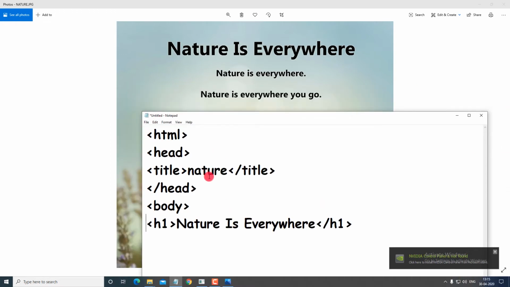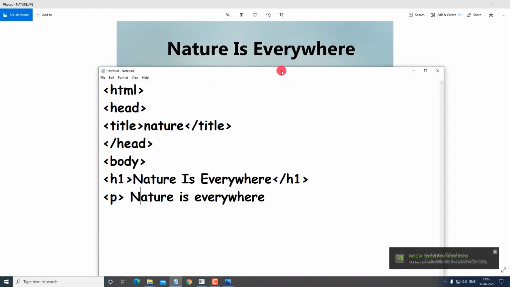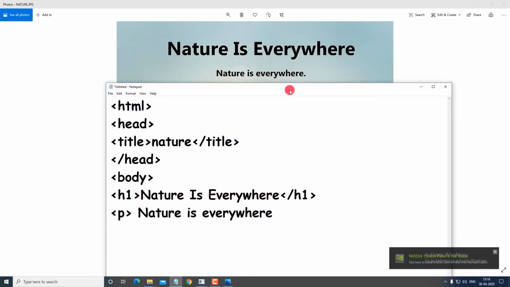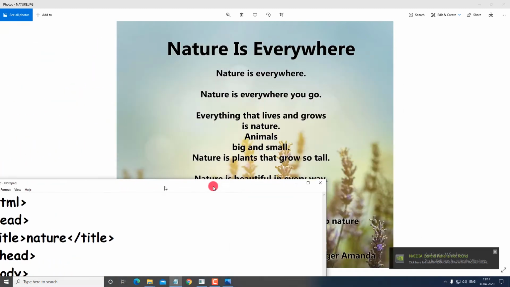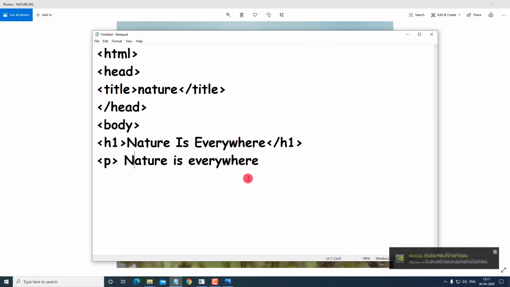Now I start typing the text. So I'll start with the P tag, that is I'm making a paragraph. Here I write nature is everywhere. And after writing this, we can see that the next line comes in the very next line. So if I type nature is everywhere, you go just like this. After this I type here